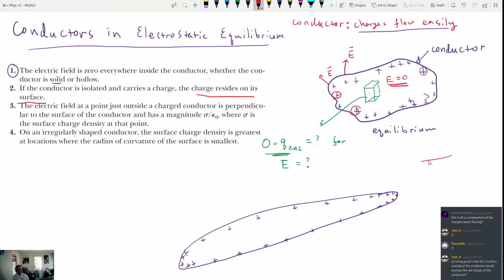Sure, Josh. Yeah, if I made a Gaussian surface around this, it would include the total charge. That's right. Okay, so for number 3,